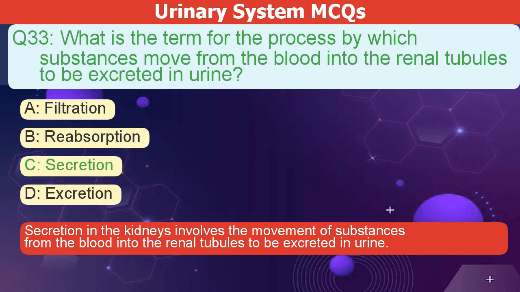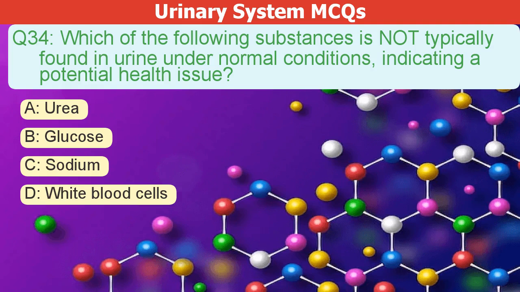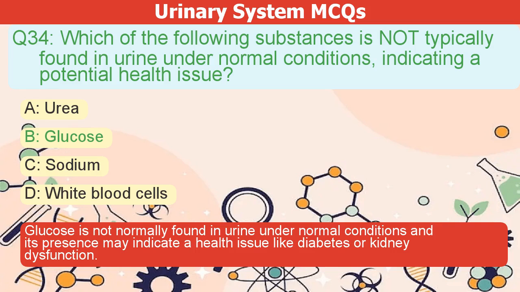Which of the following substances is not typically found in urine under normal conditions, indicating a potential health issue? A. Urea. B. Glucose. C. Sodium. D. White blood cells. The correct answer is B. Glucose is not normally found in urine under normal conditions, and its presence may indicate a health issue like diabetes